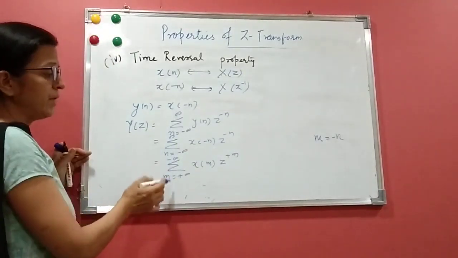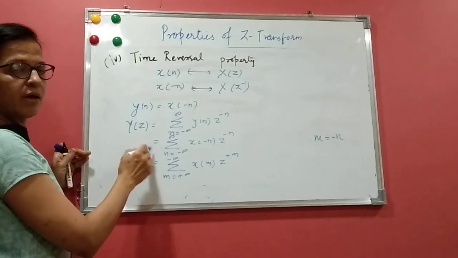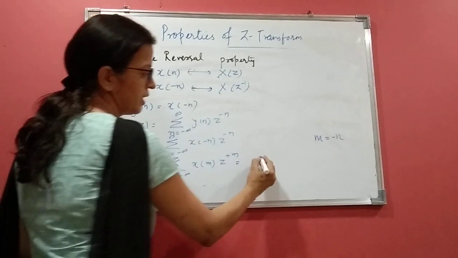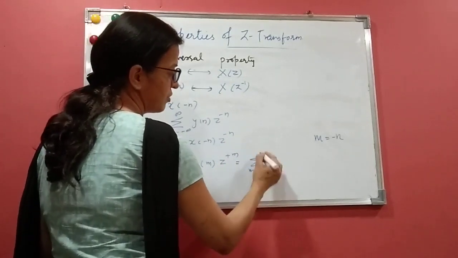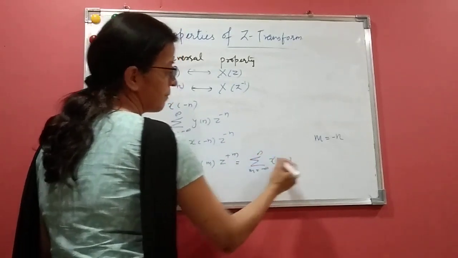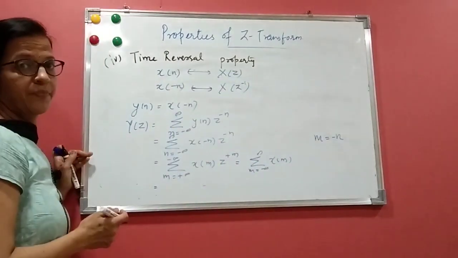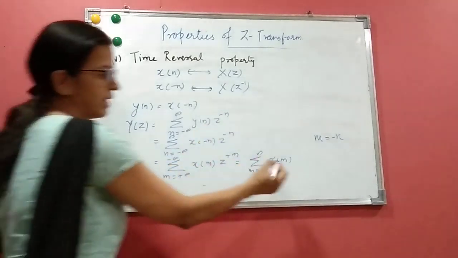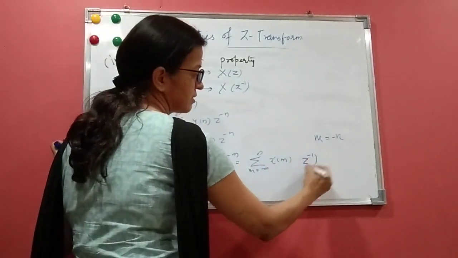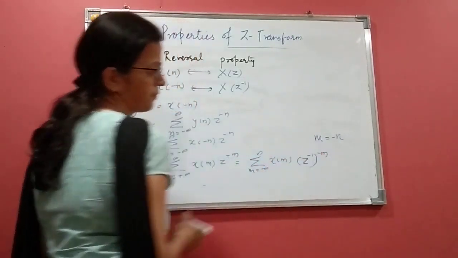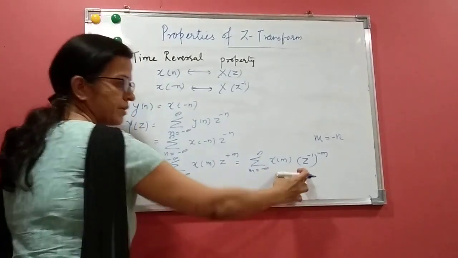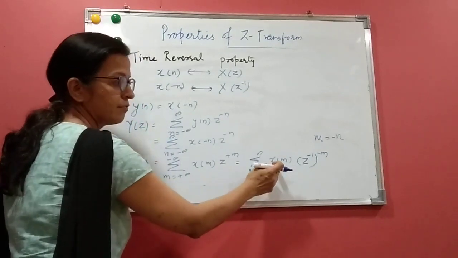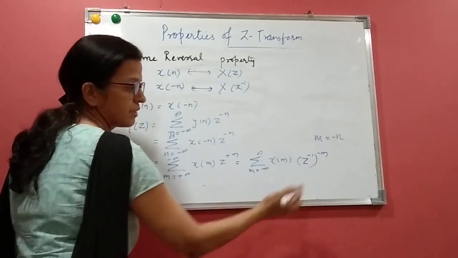Okay. Now we know that we are adding here, so adding 1 to 100 or 100 to 1 is the same. So the limit is not a problem. We can just write it as the summation m equals minus infinity to infinity of x of m, but here it is z raised to plus m. We always want the definition as z raised to minus, because the definition of the z transform is z raised to minus. So we'll write here z raised to minus 1, raised to minus m. Now this is nothing but the proper z transform definition. So we know this is the z transform of x of m, but in place of z it is z raised to minus 1.